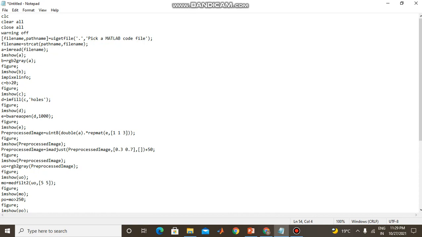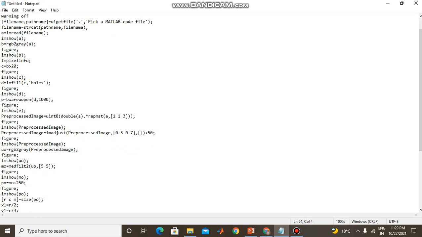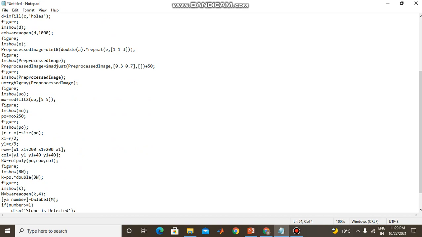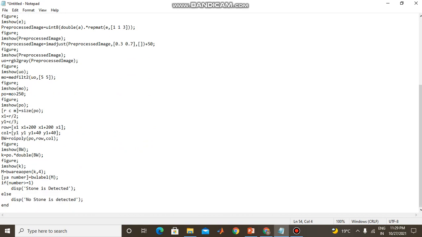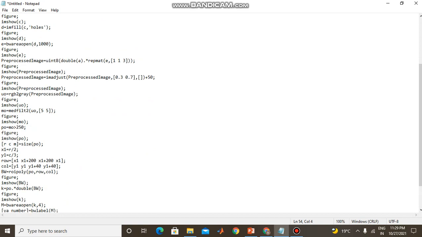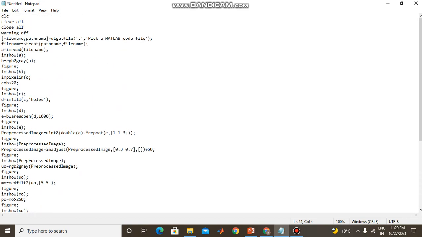In that code we pick the image from memory, and it is converted to a grayscale image. And after that, with the help of formulas, we can detect the stone with the help of if else conditions. And this is our code.